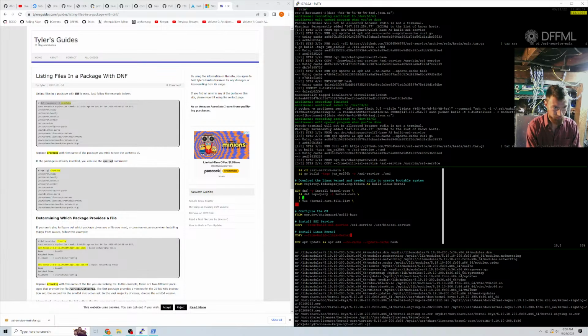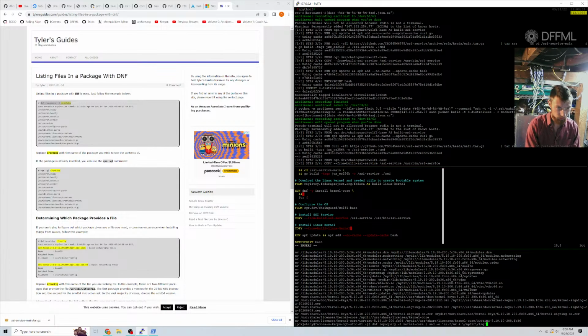Okay, so for file path in the listing, do mv file path